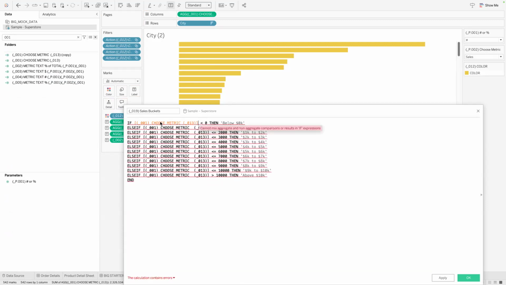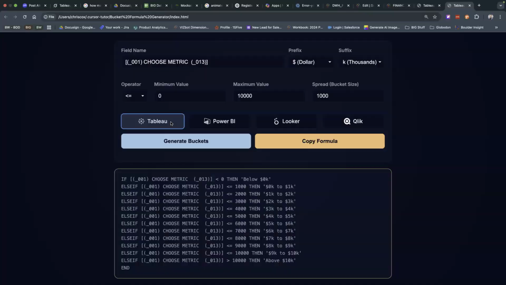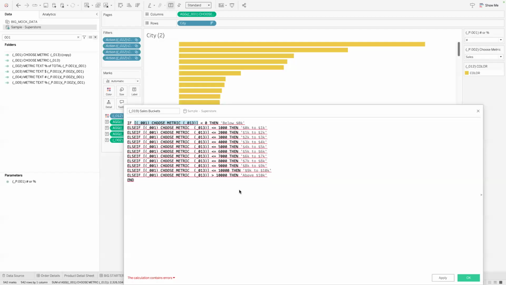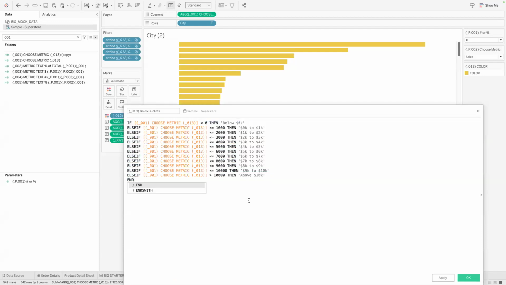Or did I mess up on my thing? Something was a little bit off there. There was a space in there or something that was not right. There we go.